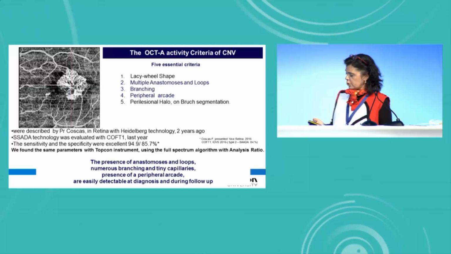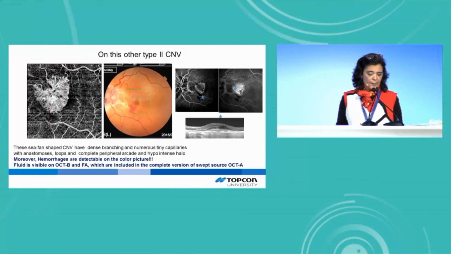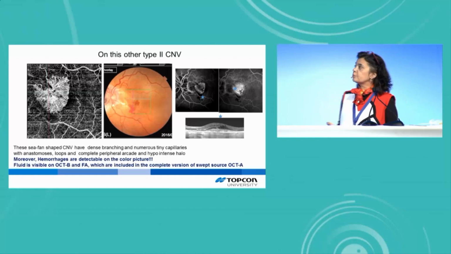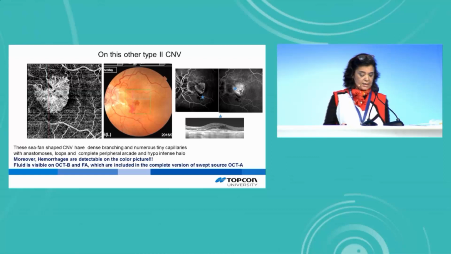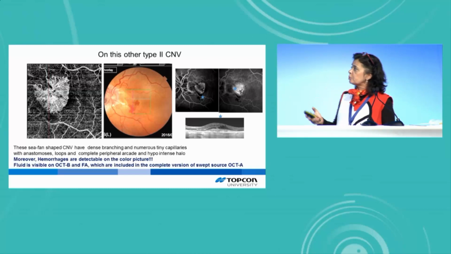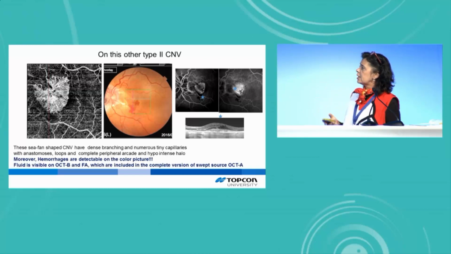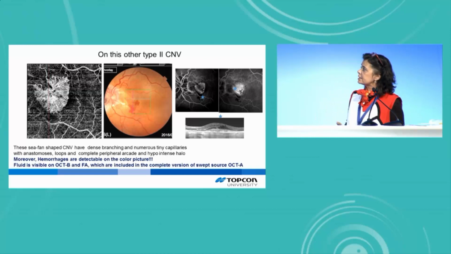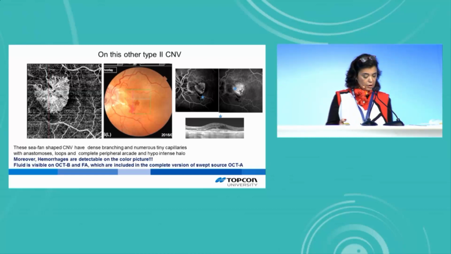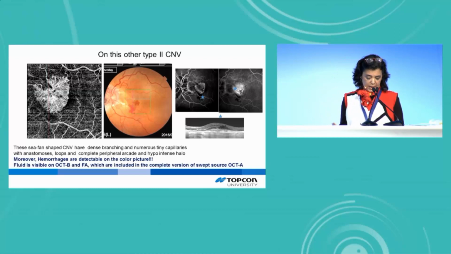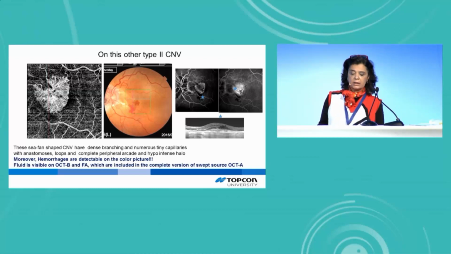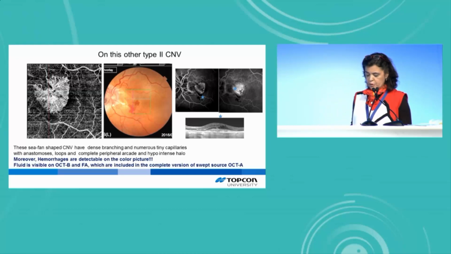halo on Brooks segmentation. On this other type 2 CNV, we also have dense branching and numerous tiny capillaries with a complete peripheral vascular arcade. Moreover, hemorrhages are detectable on the color picture. Fluid is visible on OCT-B scan and leakage on FA, which are included in the complete version of swept-source OCT